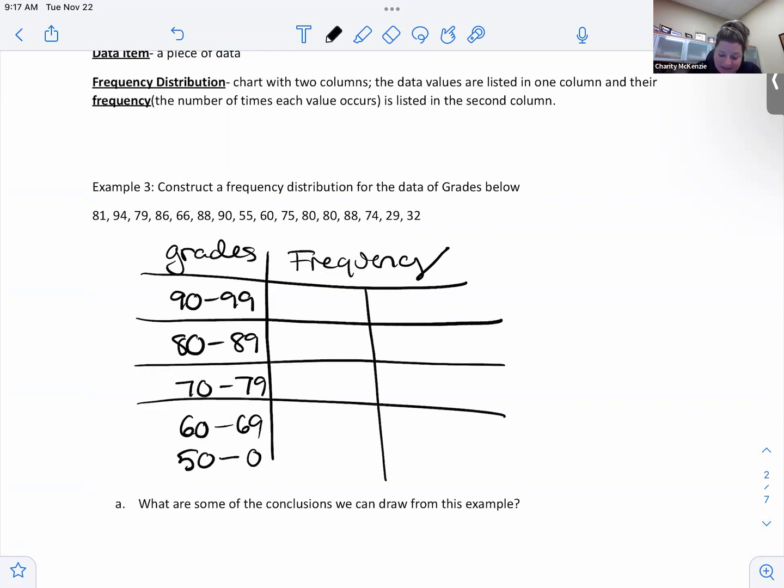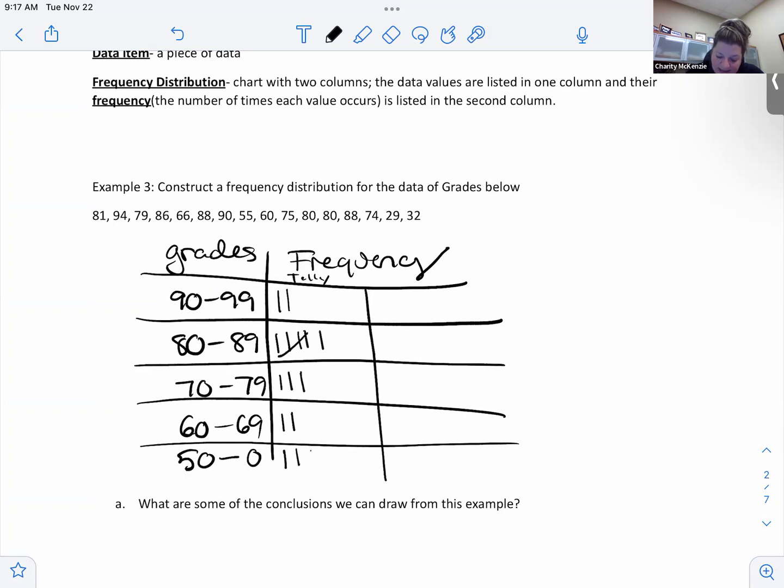Well, here's what I like to do, especially if you have a lot of data. I like a tally section. Okay, and this is a tally. So I'm going to go 81 is our first number. So I put a slash here, then 94, then 79, then 86, then 66, then 88, then a 90, then a 55, and then a 60, 75, and then 80, 80, 88,